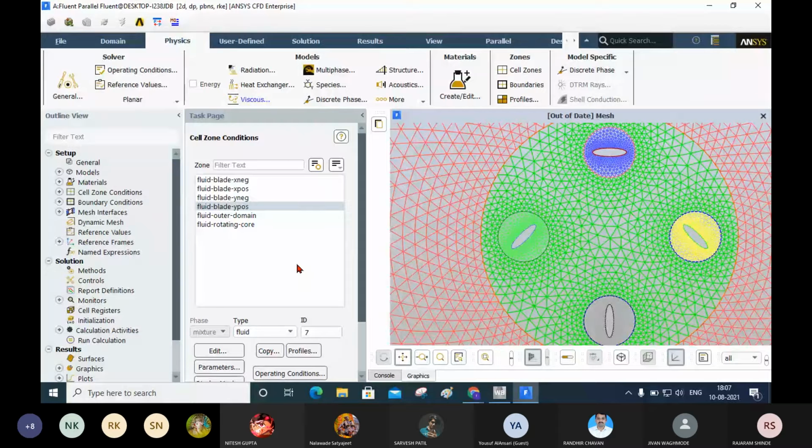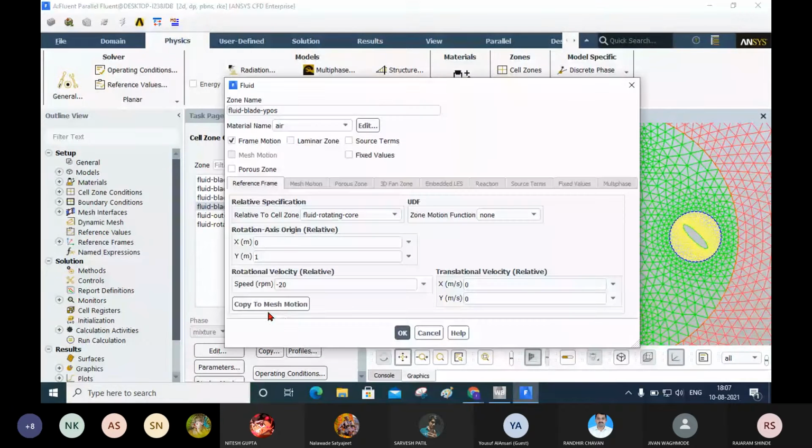Now you can see this one is required when we are using the second approach, that is the sliding mesh approach or dynamic mesh approach. Are you getting this? Yes, right now only that frame is moving, like the whole body part is moving. The selected domains are moving.